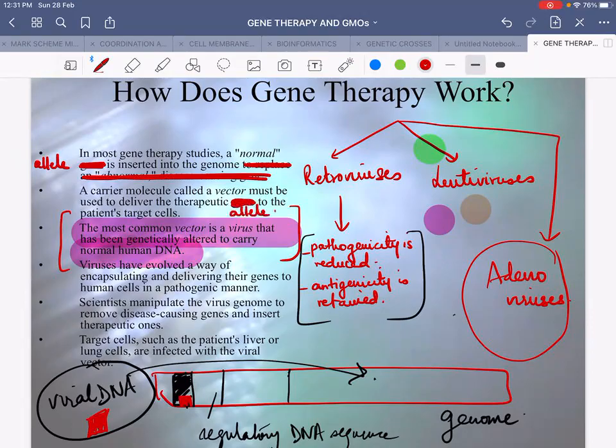the allele, right? The most common vector that we use is a virus that has been genetically altered to carry the normal human DNA. Of course, what we are inserting is the normal human DNA. We are inserting a normal human allele so as to increase the quality of life of the person, and for that we need a virus. Usually viruses are used. Viruses have evolved a way of encapsulating and delivering their genes to human cells in a